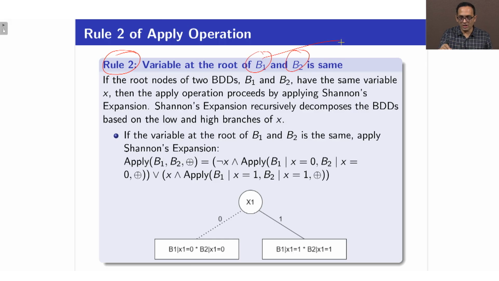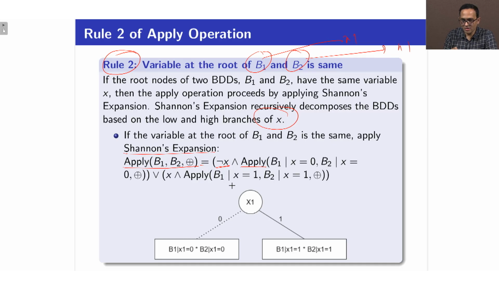So, that means this also starts with x1, this will also start with say x1. How do I combine? I will apply this Shannon expansion rule here. Look carefully. I have 2 BDDs B1 and B2, the operator I am using can be AND or anything. What I am saying is that this is equivalent to not of x, and the root node is basically x in this case. So, I am saying that it is equivalent to not of x1 into applying this operator recursively,